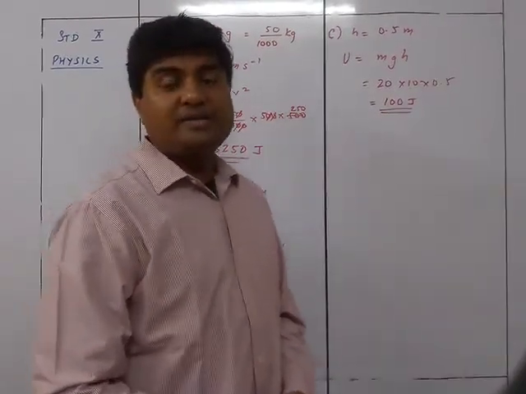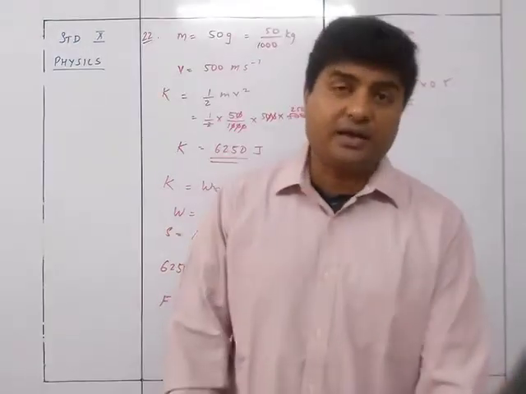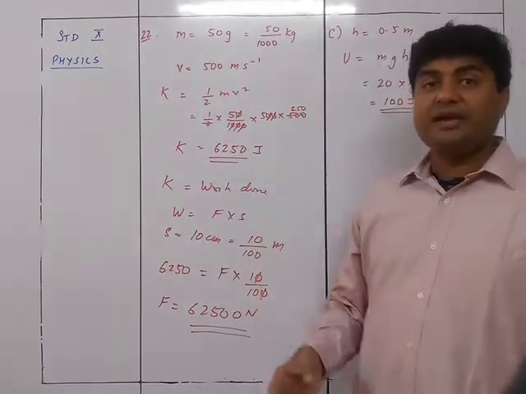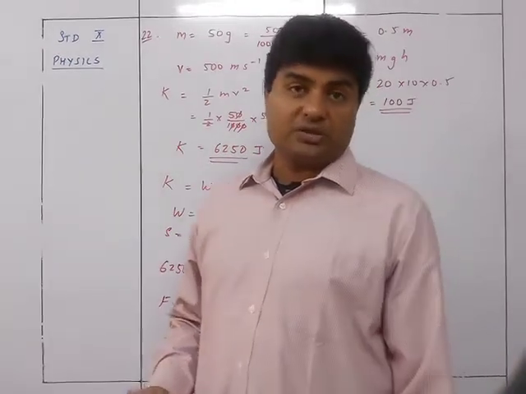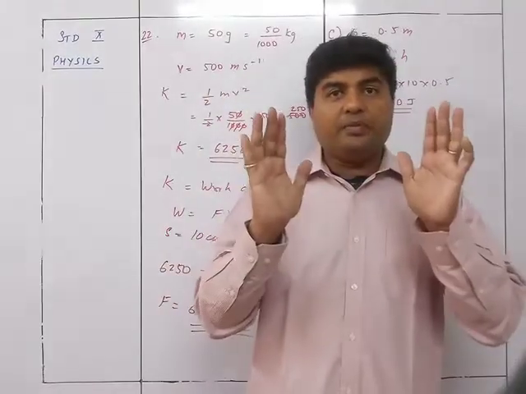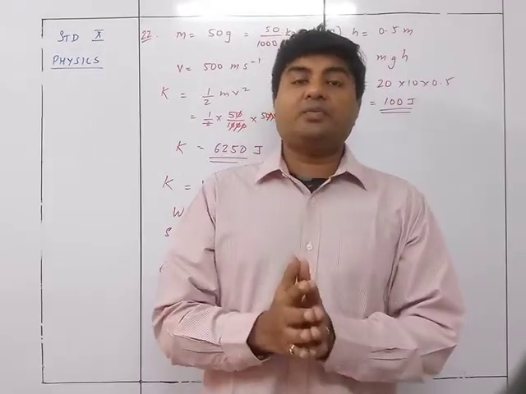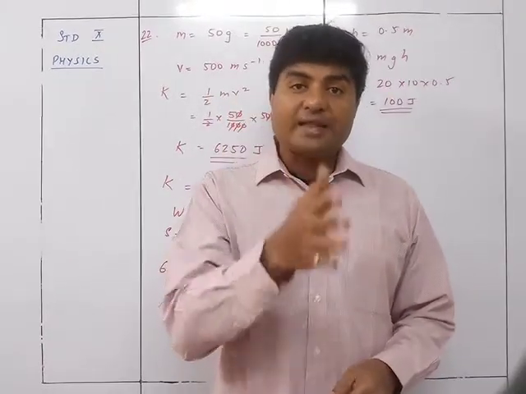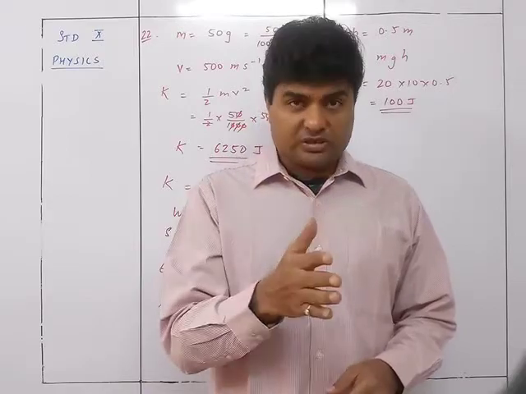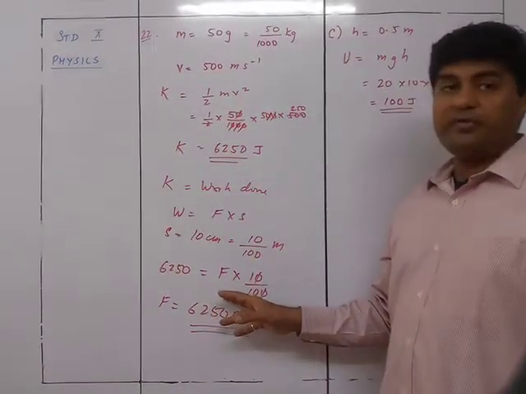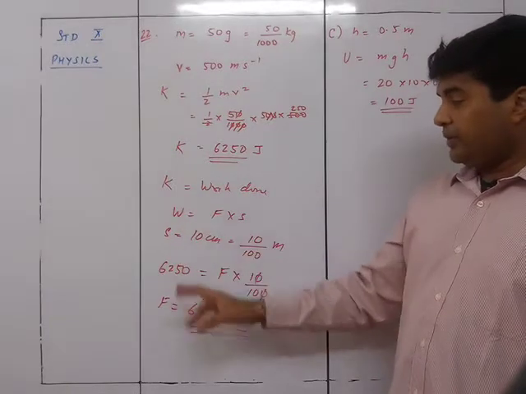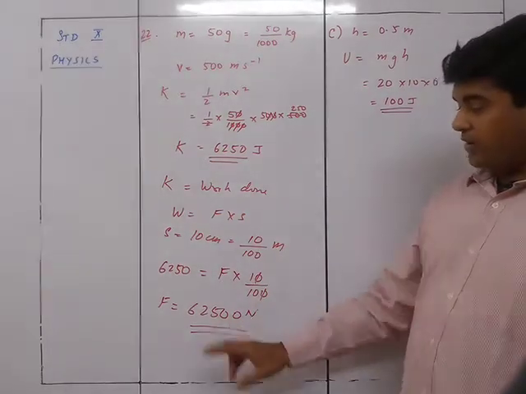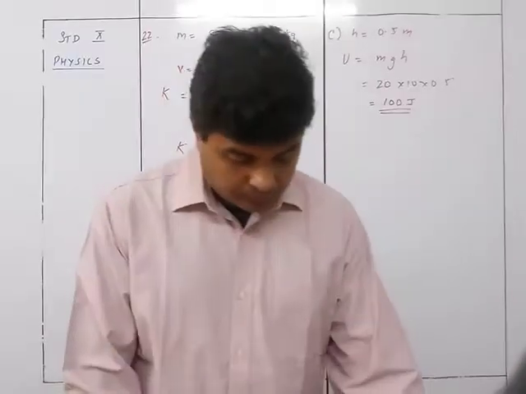So you can see how things can be interrelated. Over here we were talking about kinetic energy and suddenly they are asking us the force, that is the resistive force or the retarding force. Now for the retarding force, you have to just keep yourself focused: the kinetic energy we have got is nothing but the work done. So what is work done? F into S. What will be the force in that F into S? It is nothing but the retarding force. So W is equal to F into S. W is 6250 and S is 1 upon 10. So accordingly it will be 62500 Newton.